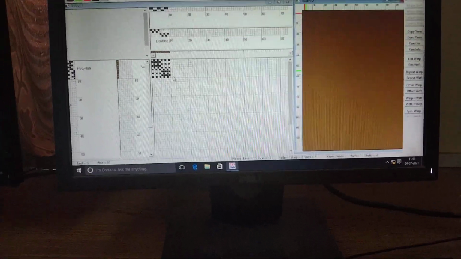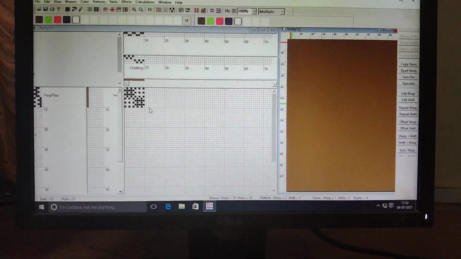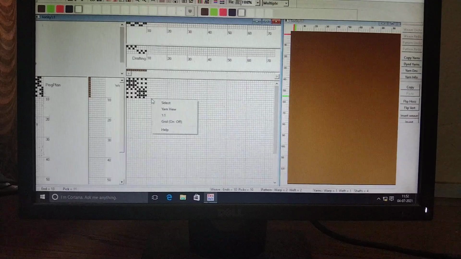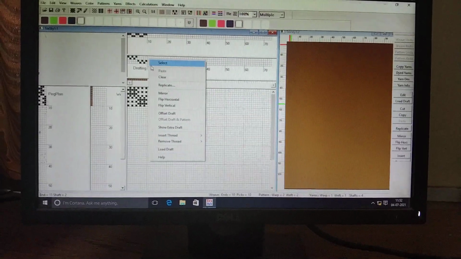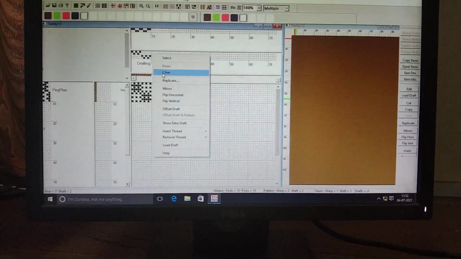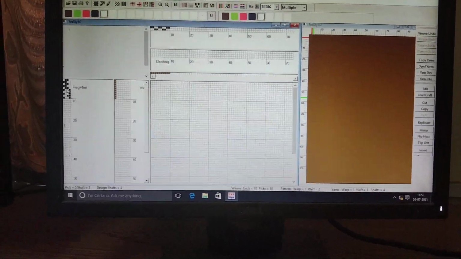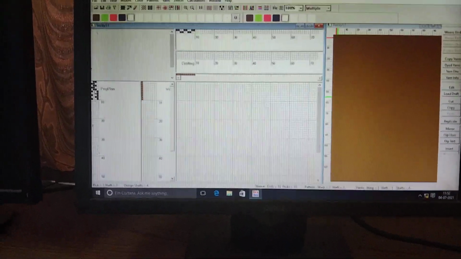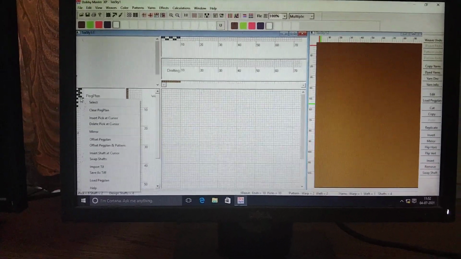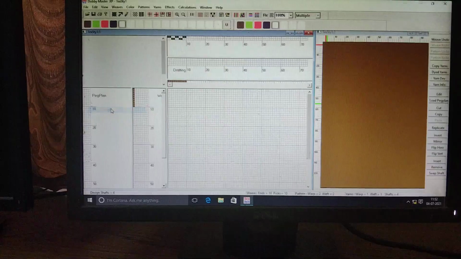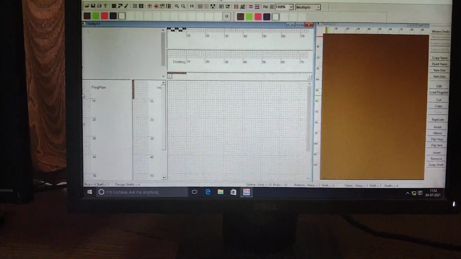Firstly, I want to show the working of this software. Right click on the draft window. Here is the option of clear. If we want to erase our previous work and want a clear graph paper, go to the respective window. My cursor is now on the peg plan window. Right click there and select clear peg plan. As I left click on clear peg plan, the work done previously is erased.